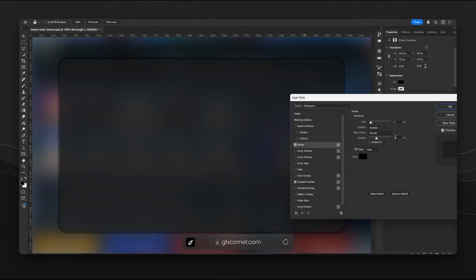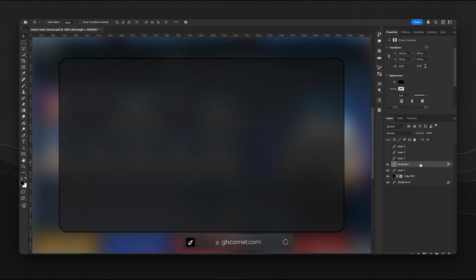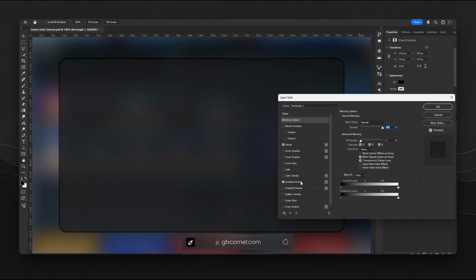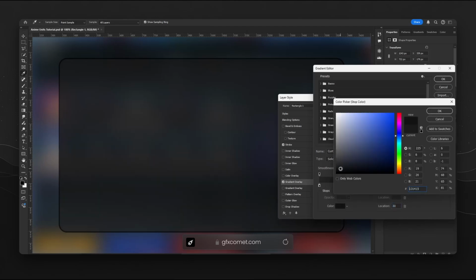We could go for a stroke. Alright, I think like 65. Yep. Maybe 5 in size, I think. So I think, yeah, we could go for something slightly darker, just a tad bit. So I think I'm gonna go for